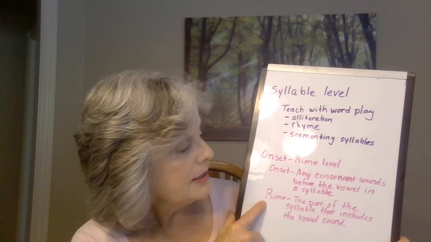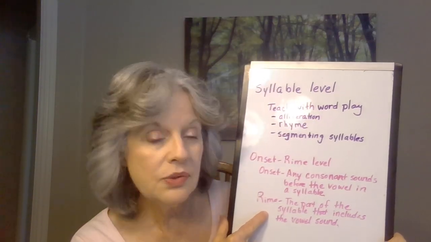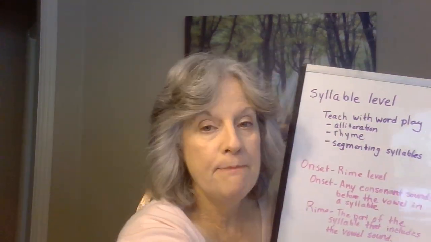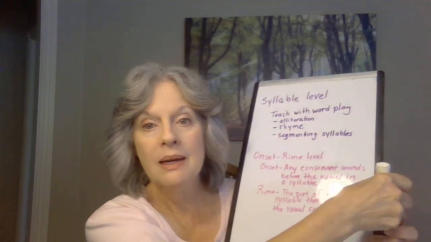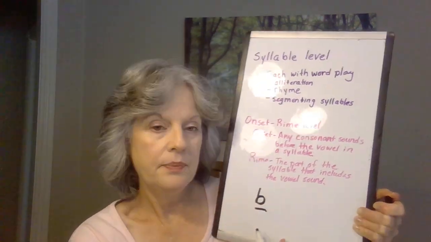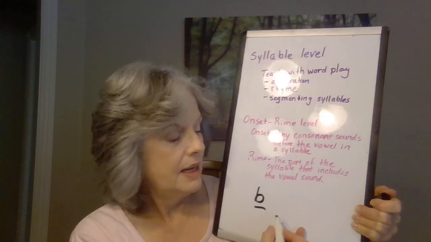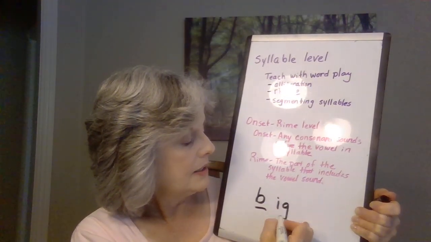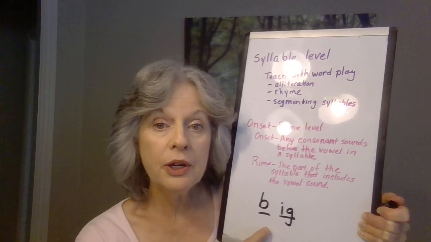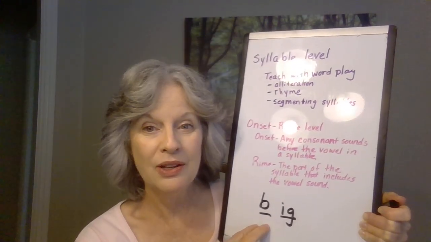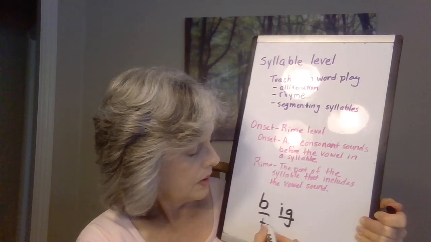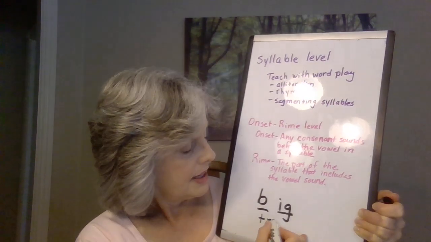Then rime is the part of the syllable that includes the vowel sound. So the onset of big is B. I'm going to write that down. Big. Ig is the rime, the part with the vowel. Now, there can be two letters in the onset. Like, what if we did